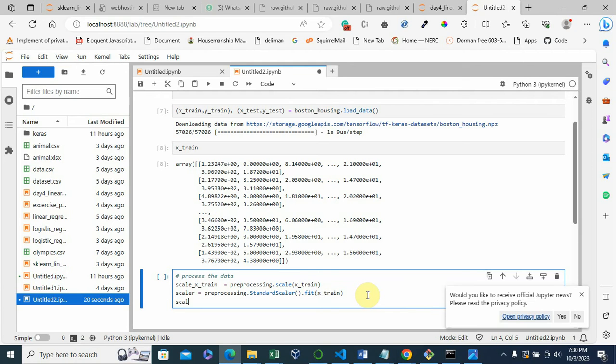So scale X test, remember that this is your variable, so you can name it anything. Scale X test, what you are going to be testing with, equals to scaler, this scaler that you've got here, which is a transformation, a standardization of your training data. So that dot transform is what you want to use. Dot transform.